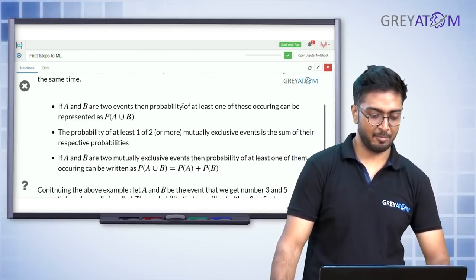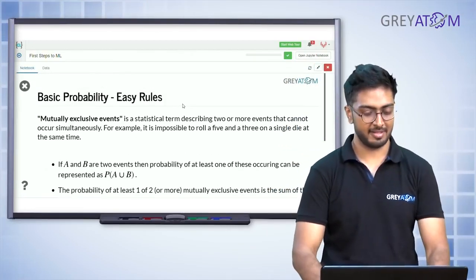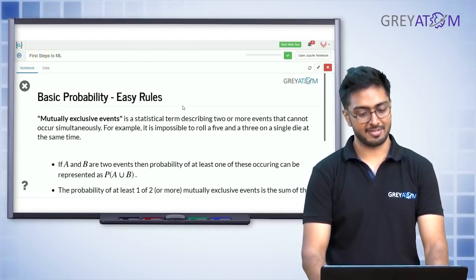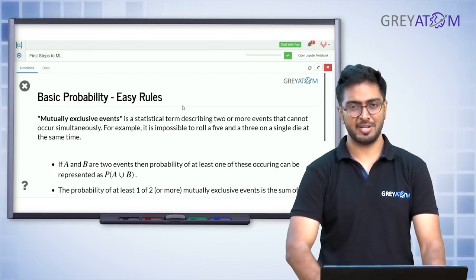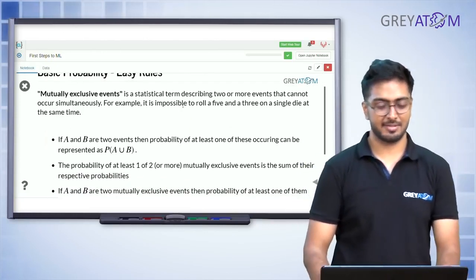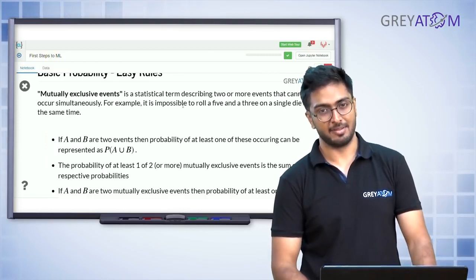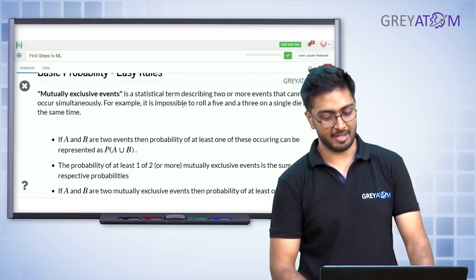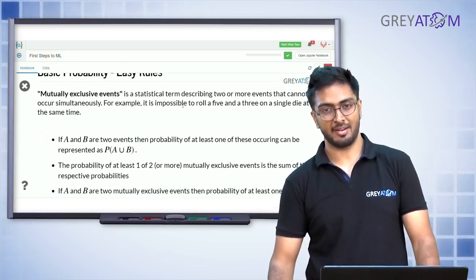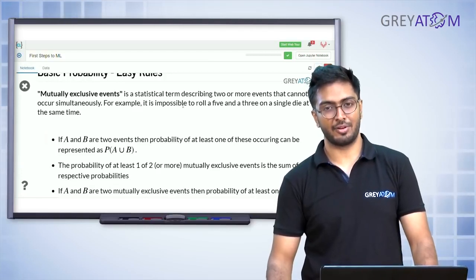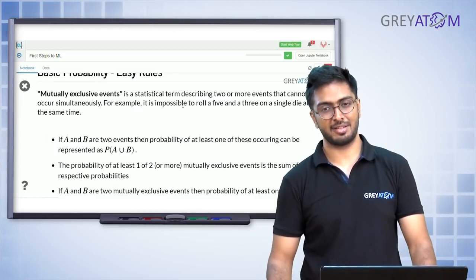So now some more basic rules about probability. So basic terminologies, I would say. The next terminology is mutually exclusive events. So what are mutually exclusive events? Mutually exclusive events are basically those events that cannot happen together, right? So for example, it is impossible to roll a 5 and a 3 on a single die at the same time, right? So if your event is that it would be a 5 when you roll a die, or it would be 3 when you roll a die,